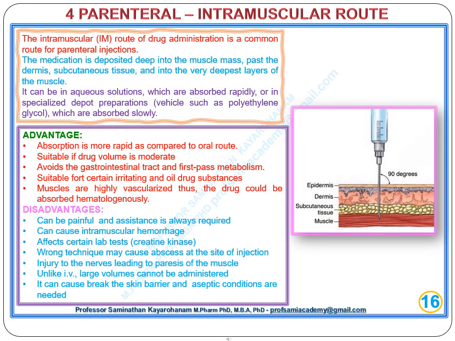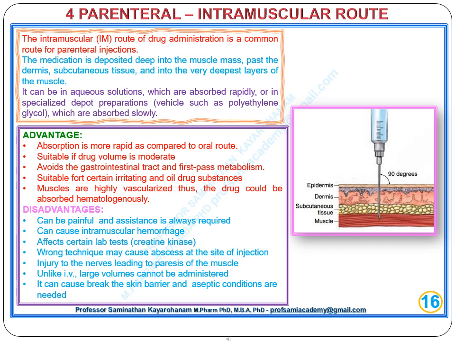Next slide. Type 4, parenteral, intramuscular route. The intramuscular, IM, route of drug administration is a common route for parenteral injections. The medication is deposited deep into the muscle mass, past the dermis, subcutaneous tissue, and into the very deepest layers of the muscle. It can be in aqueous solutions, which are absorbed rapidly, or in specialized depot preparations, vehicles such as polyethylene glycol,